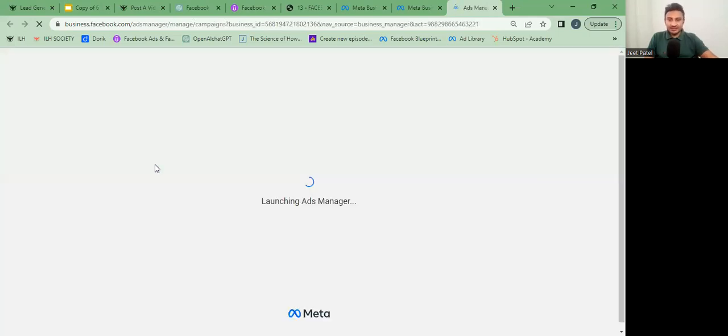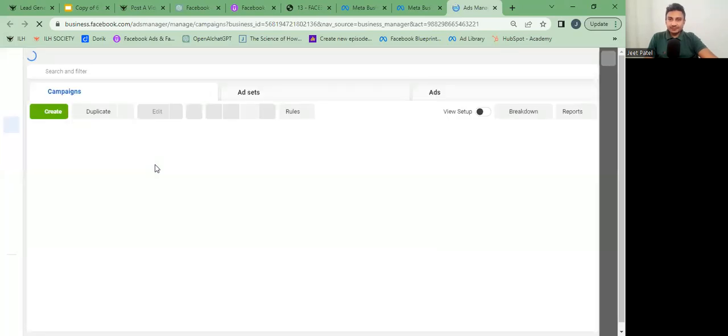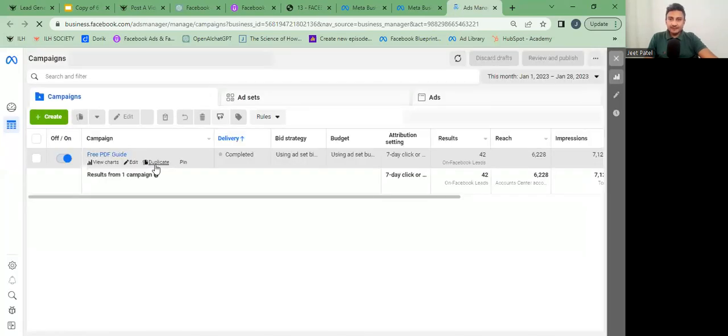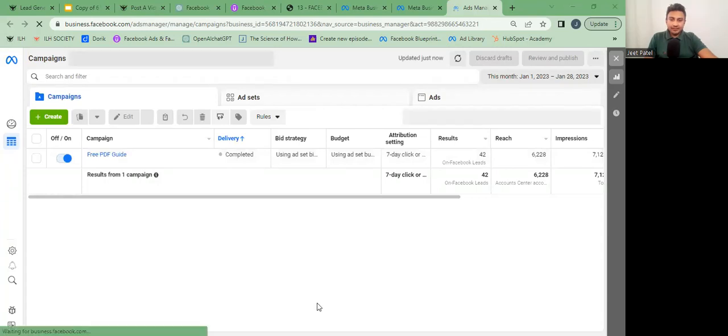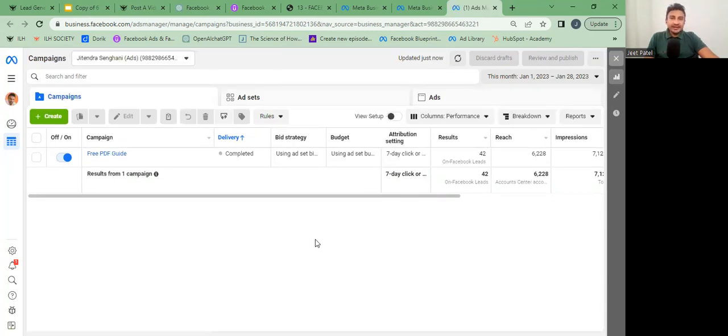When we click Ads Manager, a dashboard opens particularly for ads. Here you can see in this dashboard, whenever we are going to create any ads, we first